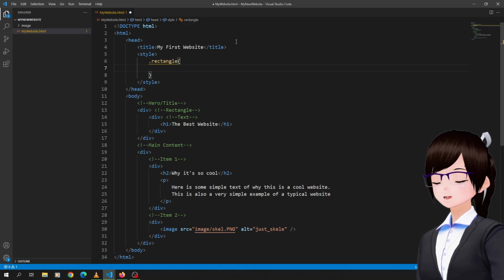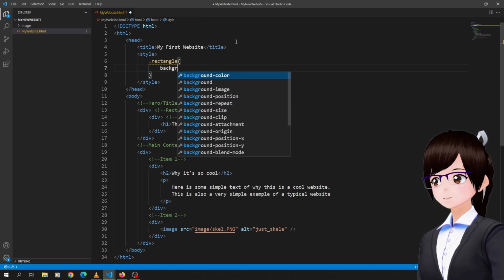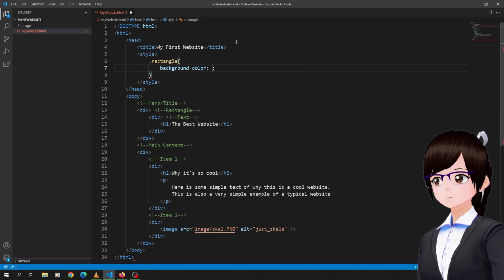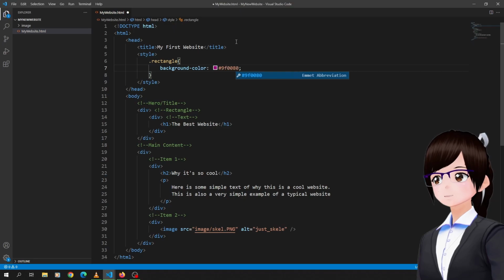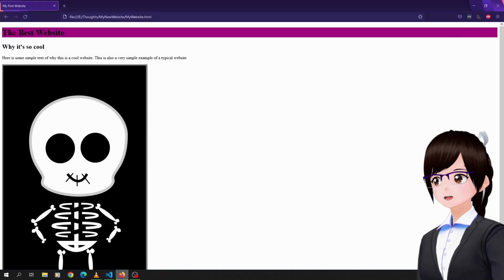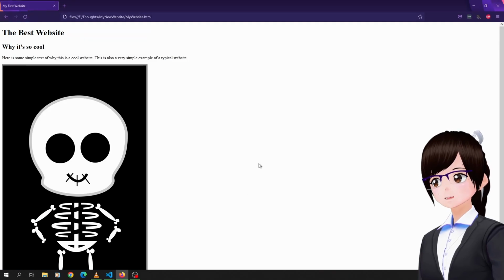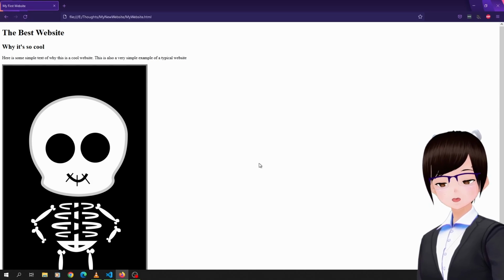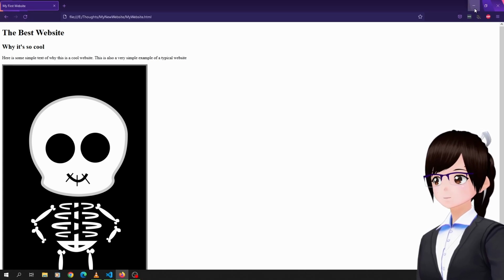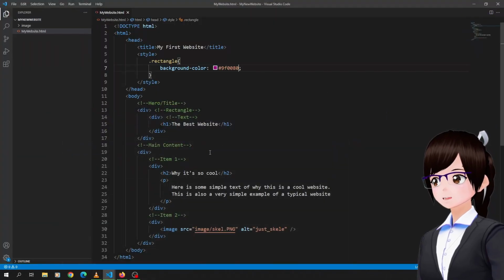Now let's add the styling we added before, which was background-color #9F0080. Now let's save our work and reload the page in Firefox with Ctrl and F5. We see here that the background color is gone. This is because when you use class selectors, you must apply the class to the HTML elements you wish to use the styling against. With that, let's head back to Visual Studio Code, locate the rectangle div, and add a